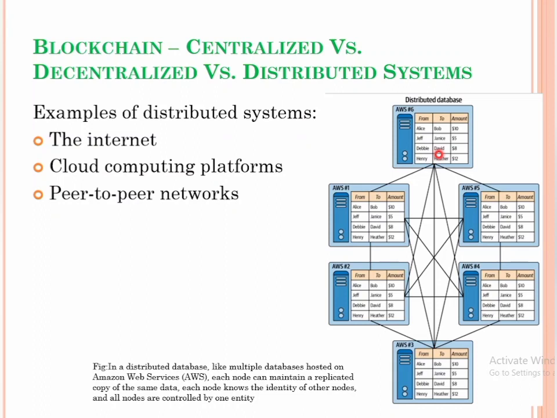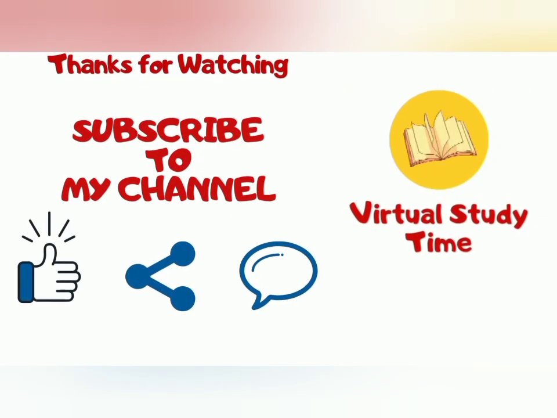And distributed systems are like there is no king, just a bunch of independent knights working together and knowing each other. Whereas in the decentralized system, they will